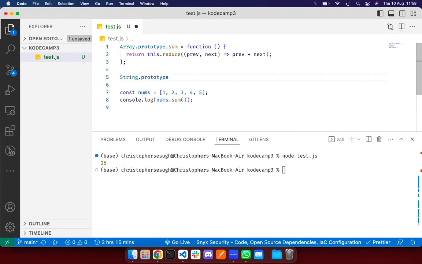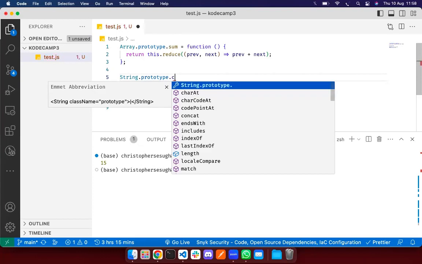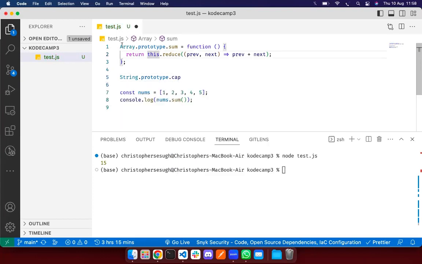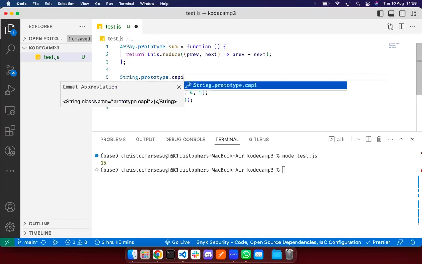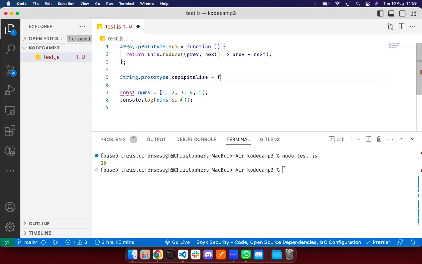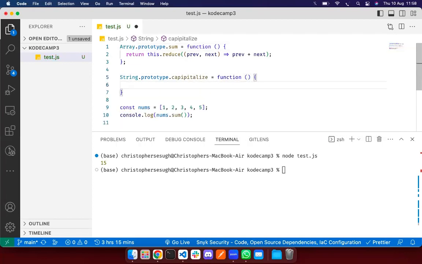We can simply say String.prototype.capitalize. Notice the names here: Array is capitalized and String is capitalized, because they are built-in prototypes we want to inherit from. We want to inherit from String and then add new methods to it. So we say String.prototype.capitalize is equal to a function, and this function will return